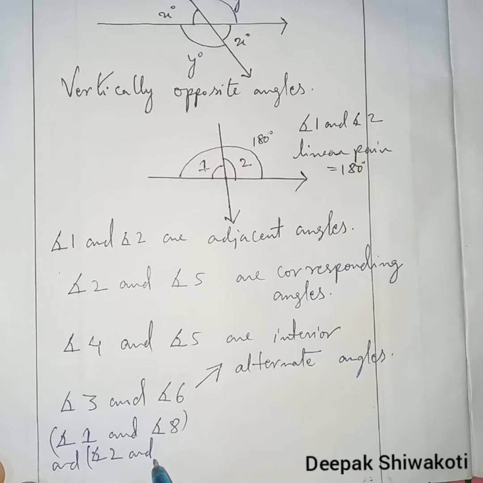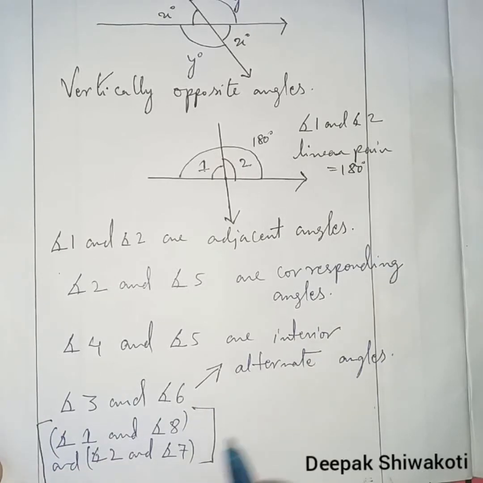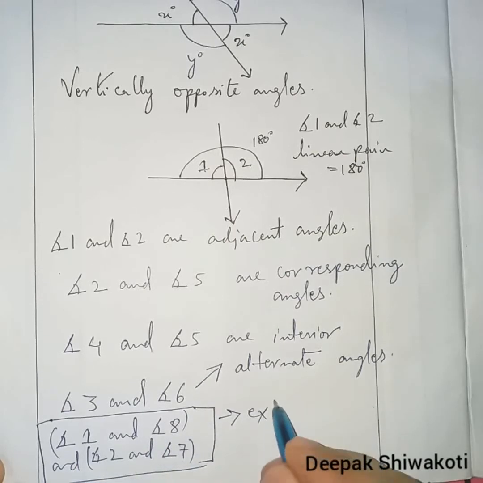Angle 2, don't get confused, angle 2 and angle 7. These angles are in this box I'm making. The pair of the angles, they are exterior alternate